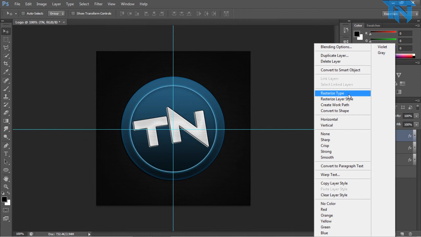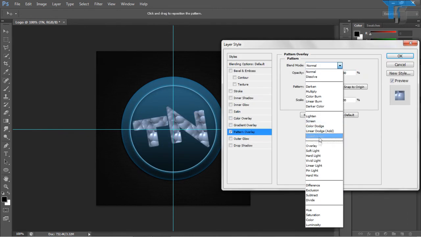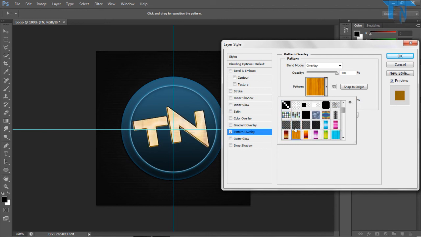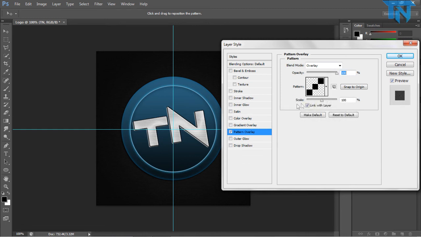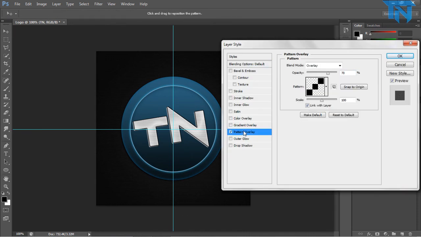So now we're going to rasterize the layer style, and I'm going to apply another pattern overlay, set this to normal, and I'm going to apply a scan line pattern overlay, I think. So I'm applying my diagonal overlay. I'm just going to set the scale to 80, 90, let's see, 100. But the opacity is 70%, so it's barely visible. And then I think I will set the